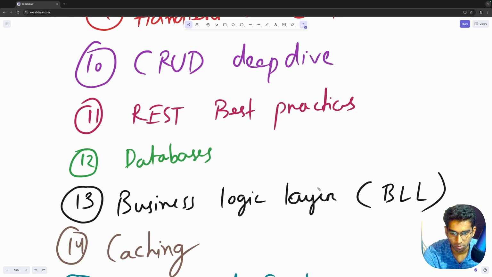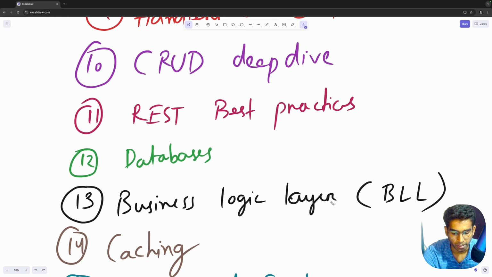After that, we'll move on to a very important topic, which is databases. In databases, we'll look at relational and non-relational, what the differences are and when to use which. We'll look at some of the theoretical concepts like ACID and CAP theorem. We'll take a look at basic querying and joins and database design best practices like schema design, indexing. We look at different optimization methods like query optimization, caching, connection pooling.